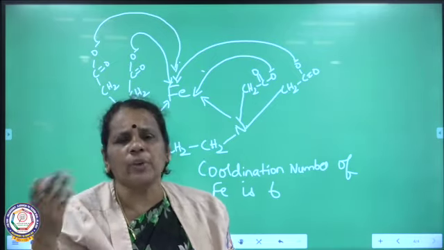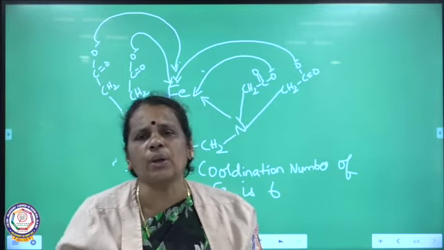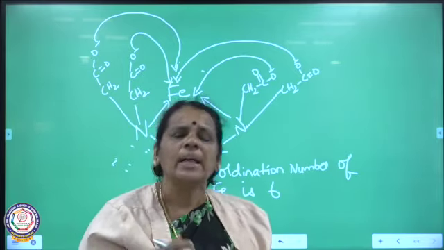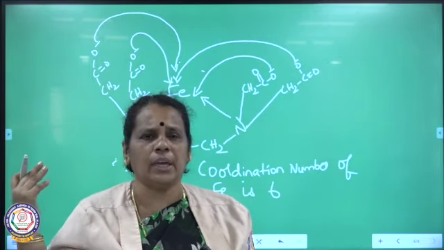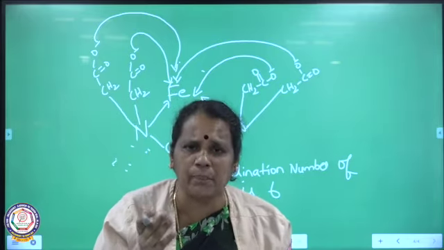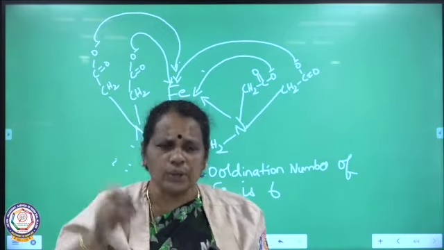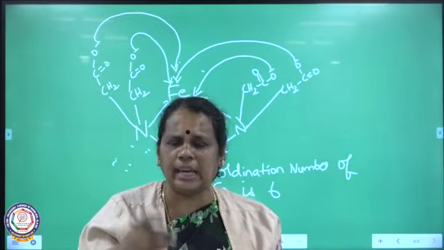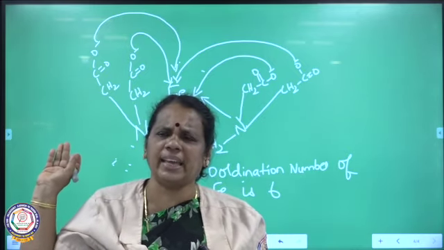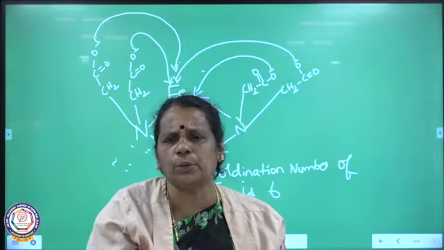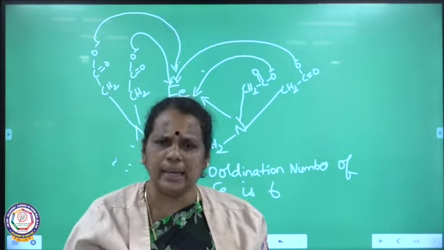The next part we are going to talk about is the IUPAC rules to write the molecular formula of coordination compounds. There are many rules we are going to follow to write the molecular formula of the coordination compounds, which are given by IUPAC, the International Union of Pure and Applied Chemistry. We apply this even in inorganic chemistry in order to write the molecular formula. IUPAC has given certain rules for this. One by one we are going to see all the rules in detail.